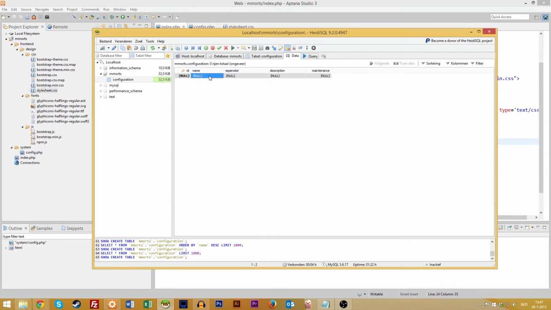New row. MMORTS, separator, space, dash, space. Description is my awesome browser game. And maintenance is 0. And if you save this, you will see that the ID is automatically filled in, which is because of the